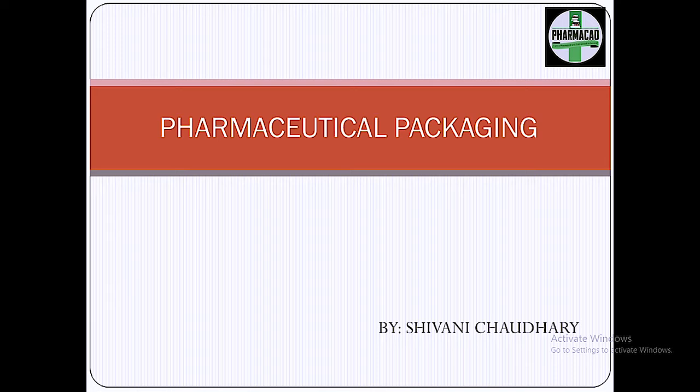Also, before proceeding, I would like to add something: why do we have a need to study pharmaceutical packaging? The main idea behind studying this is that packaging is equally essential as the formulation. We know there are proper steps and stages of how, for instance, a tablet gets processed in a pre-formulation study. Then after pre-formulation you get the actual formulation of your tablets, right? Your API mixed with some excipients.